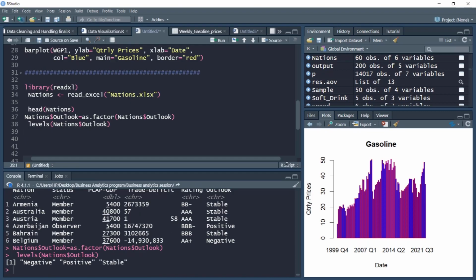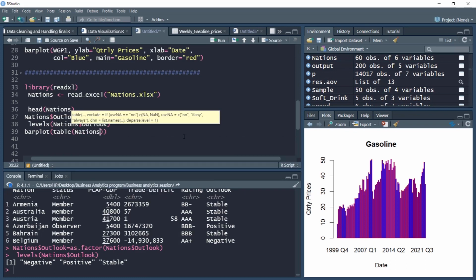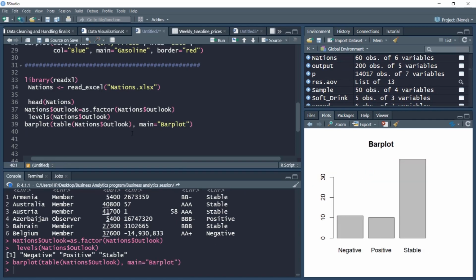As a starting exercise, we'll make a very simple bar plot, and we need the table of nations dollar outlook, and we'll first plot the main bar plot. So if we plot it, we can see a very nice looking bar plot with gray color. All the three levels, negative, positive, and stable, their frequency is plotted.